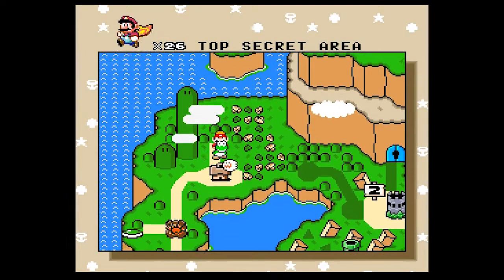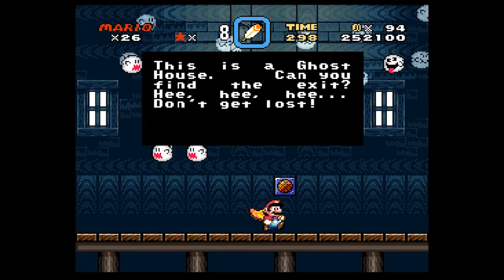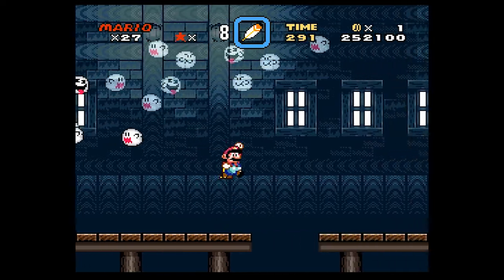The feathers, in my opinion, are infinitely more useful than the fire flowers. Alright, so the trick in ghost houses is nothing is as you'd expect. So it says, ghost house, can you find the exit? Don't get lost. And if you are a first-time player, I guarantee you would get lost in every ghost house because they are